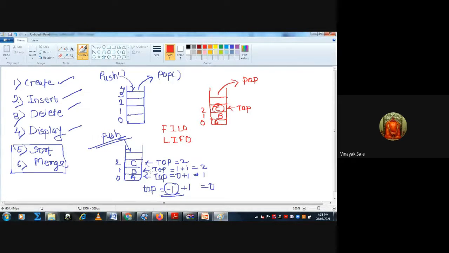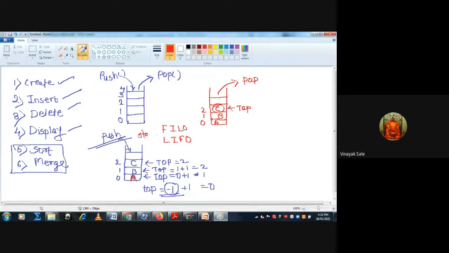See here, the first entered element is A, then B, then C. The last entered element is C, but the first element removed is the one entered last, that is last in first out. The element entered first, A, is removed last, that is first in last out.